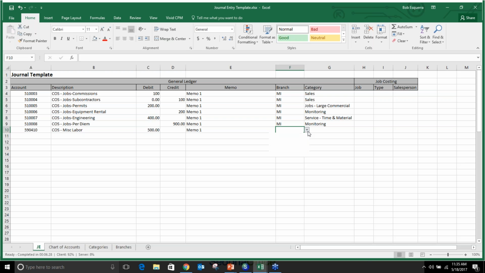I'm going to identify my branch, and I want this to go to Michigan, and I'm going to identify the category that it goes to, miscellaneous labor, and I'm going to want to go here. So now I have this journal entry. I can save this journal entry, but what I'm going to do here is show you how to post this